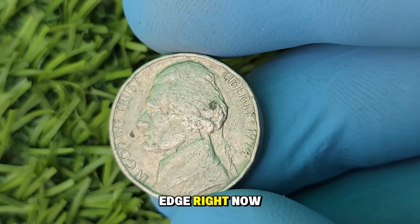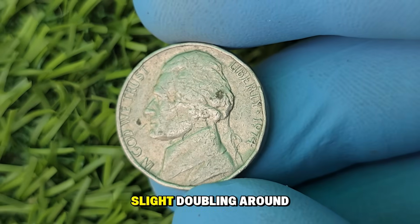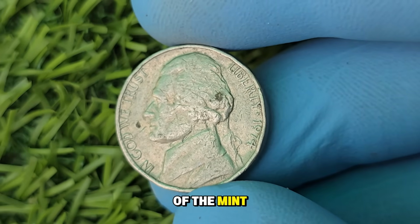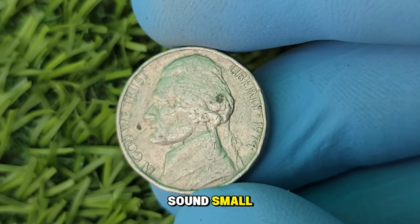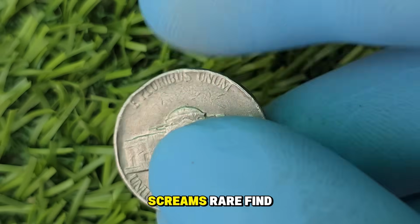The key features of the 1981 D-era nickel include slight doubling around Jefferson's eye and the Monticello steps, a subtle misalignment of the mint mark, and in some cases, a mysterious faint line beneath the words five cents. These clues might sound small, but to expert appraisers, they're a roaring neon sign that screams,